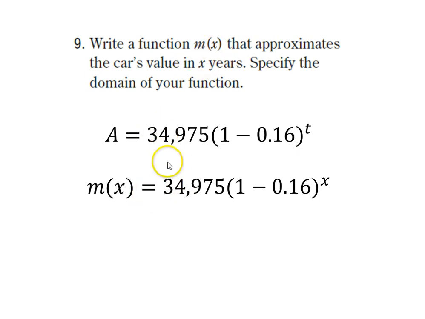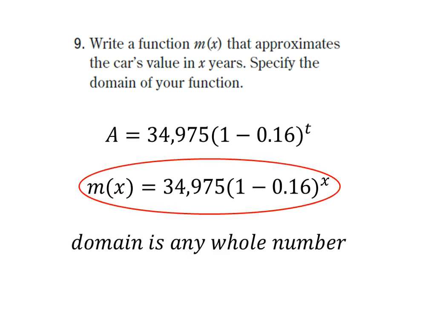So these two equations are exactly the same thing. There's nothing different about them except the way that they're written. This top one is written as an equation. The bottom one is written as a function, or in function notation in terms of x. So we plug in how many years have gone by, and we can find out what the value of the car is after x years. The domain of any function is all of the possible x values you can plug into the function. So if we're talking about the value of a car after x years,